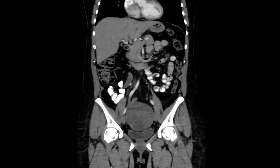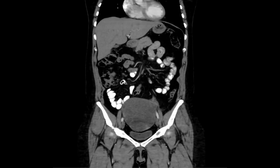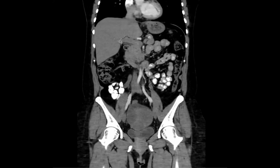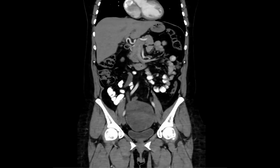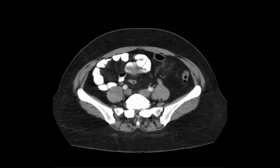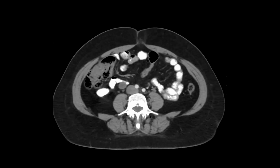Okay, good. What else do we see on the images? Was there some fat in it? I didn't see any fat. I think that's just artifact from the bones. Yes, agreed. Is there a mucocele too? Yeah, right. So like a metastasis from